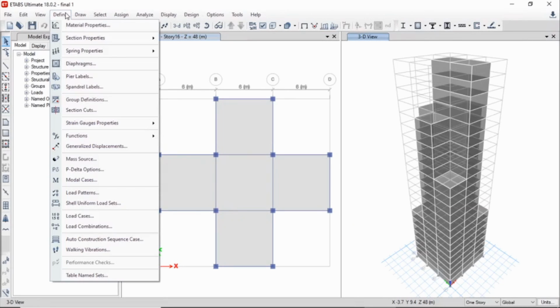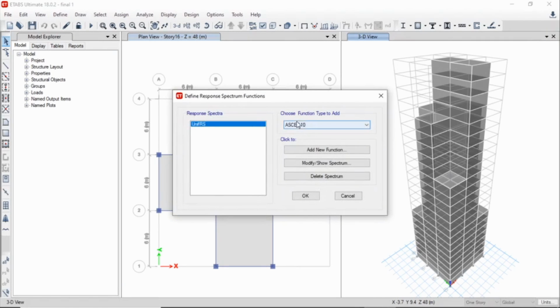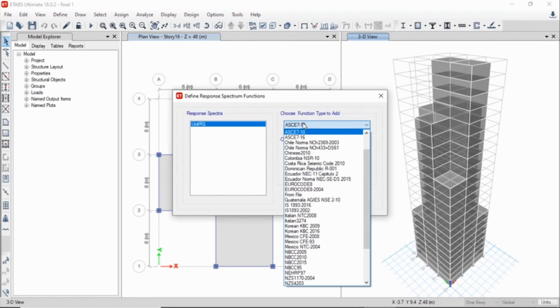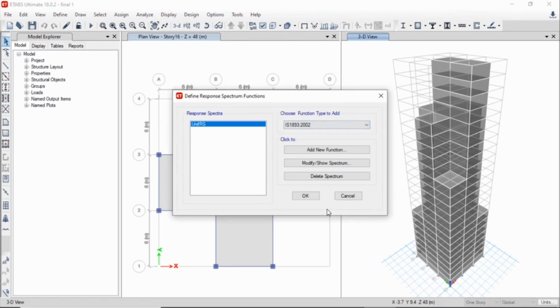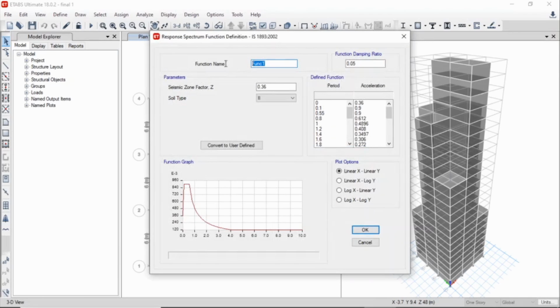Now we'll go for the define menu, functions. You can see there is a response spectrum function, so we'll click on that. Now here we'll change the code to IS 1893-2002. Now we'll add a new function. We'll name the function as response spectrum.